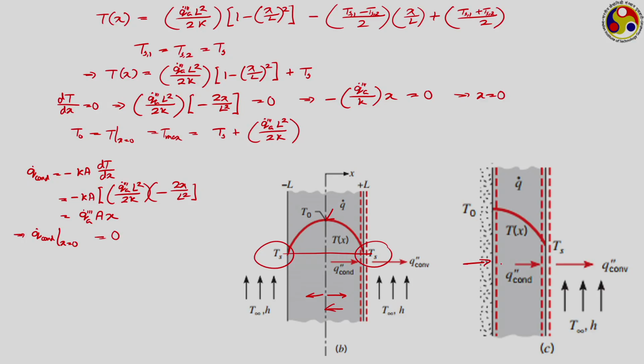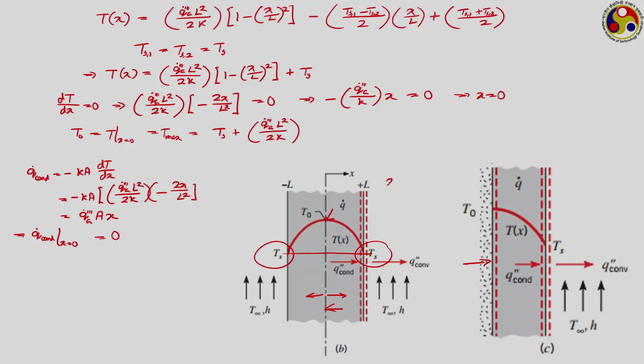We can just do the analysis for half of the domain, and whatever solution we get, we can easily extrapolate to the other side. Therefore, if we have a plane of symmetry like this, you could have easily solved the problem by putting your boundary condition at x equal to L to be T equal to T s, and at x equal to 0, the rate of heat conduction is equal to 0. So, dT/dx is equal to 0, which is the symmetry boundary condition that we can very conveniently use in several scenarios, as long as we have a symmetrical temperature profile like this.